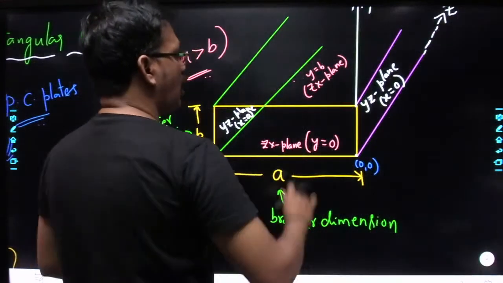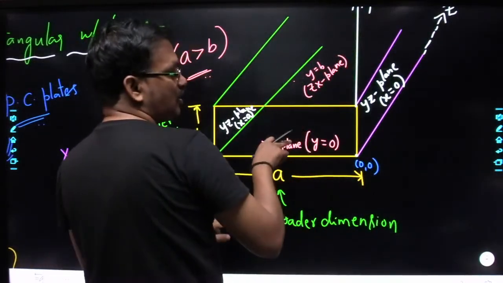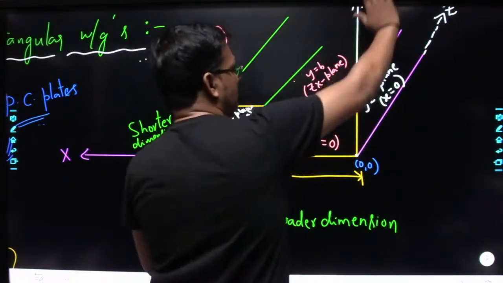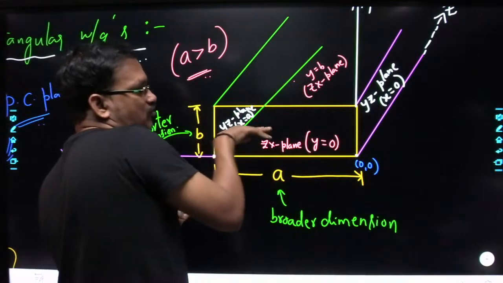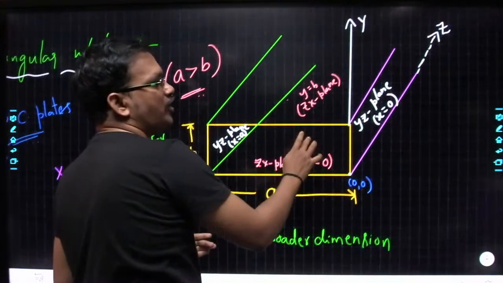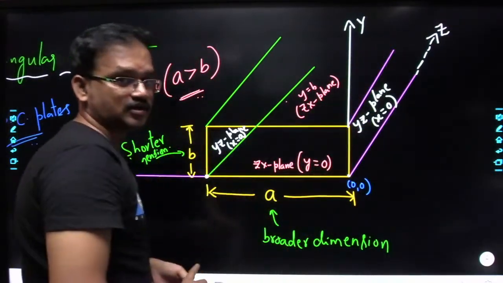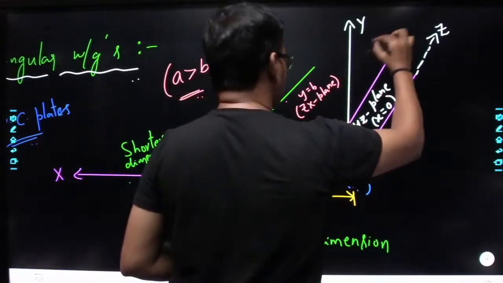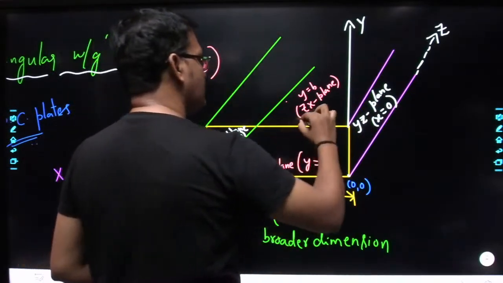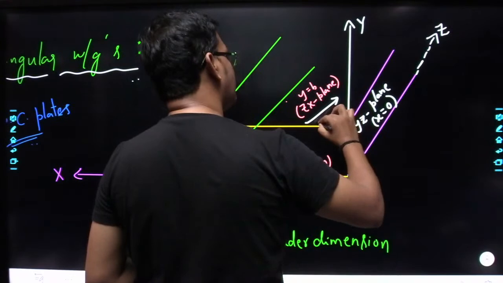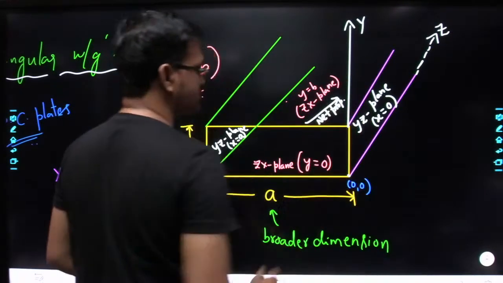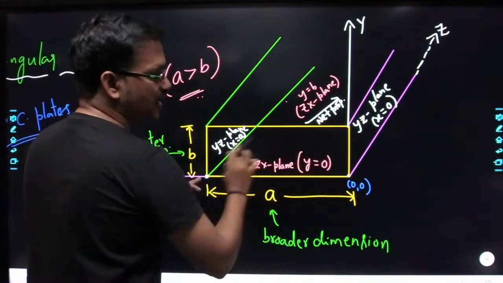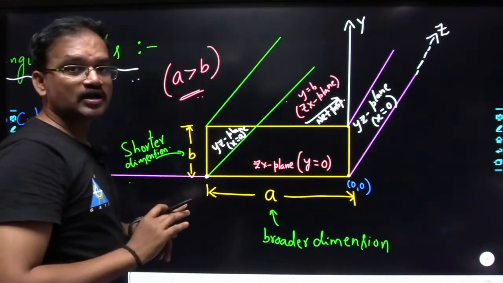So, here along the conducting plates, this is the conducting plate, this is the conducting plate. Yes or no? If you move along the conducting plates, you are going to move along the Z direction. So the net propagation of the wave will be in the Z direction, and between any 2 conducting plates, since